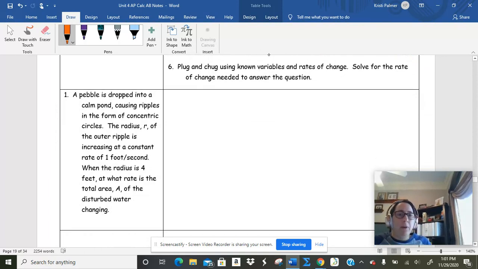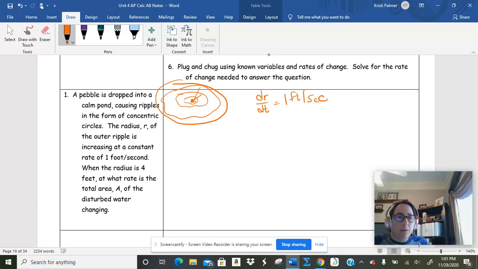Okay. A pebble is dropped into a calm pond, causing ripples to form in the form of concentric circles. So those should actually be more circular. The radius of the outer ripple is increasing at a constant rate of 1 foot per second. So dr/dt equals 1 foot per second. When the radius is 4, at what rate is the total area